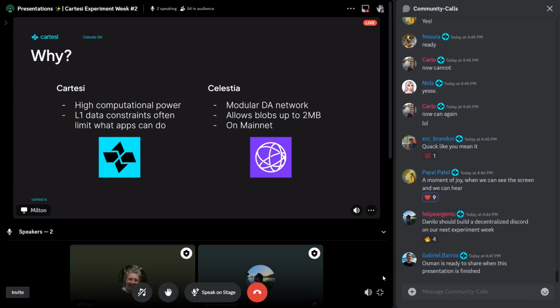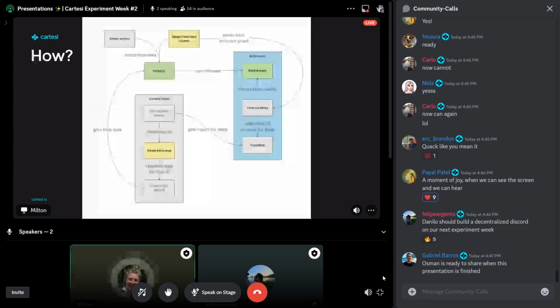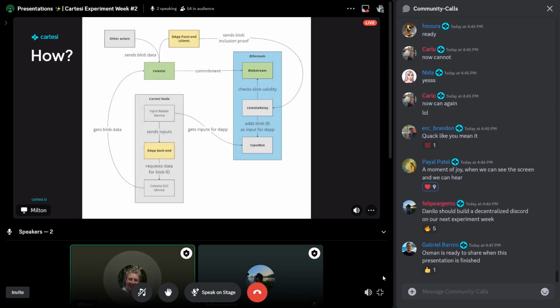What's the global idea here? The global idea is to relay data from Celestia to the application without changing much how the Cartesi framework works, right? So somebody sends blob data to Celestia. That could be the dApp front end itself, or somebody else will send, let's say, some census or whatever, some database beforehand.